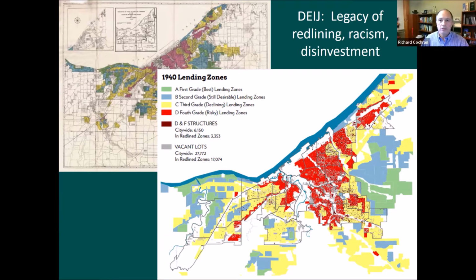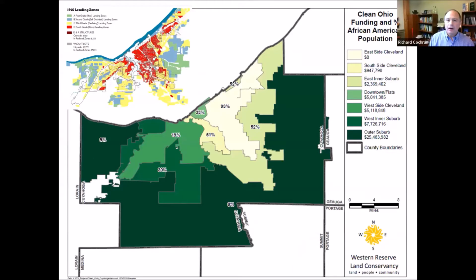All of the vacant homes are clustered there. All of the lead poisoning in children is clustered there. Everything bad that you can imagine is clustered there. And our team, under Isaac's leadership, who you'll hear from next, did a study of the Clean Ohio Conservation Fund and how it's distributed in Cuyahoga County, which is where Cleveland is. And we looked at that redlining area, the Cleveland Crescent. Here it is, 93% plus African American. Now go over here and look at how much Clean Ohio funding flowed into those neighborhoods